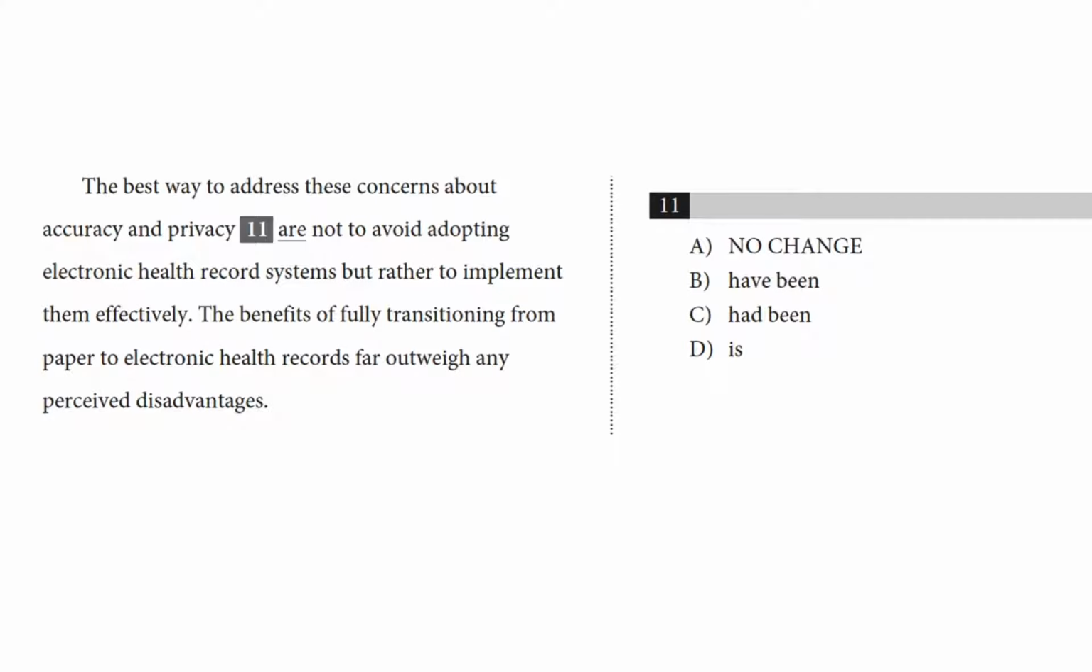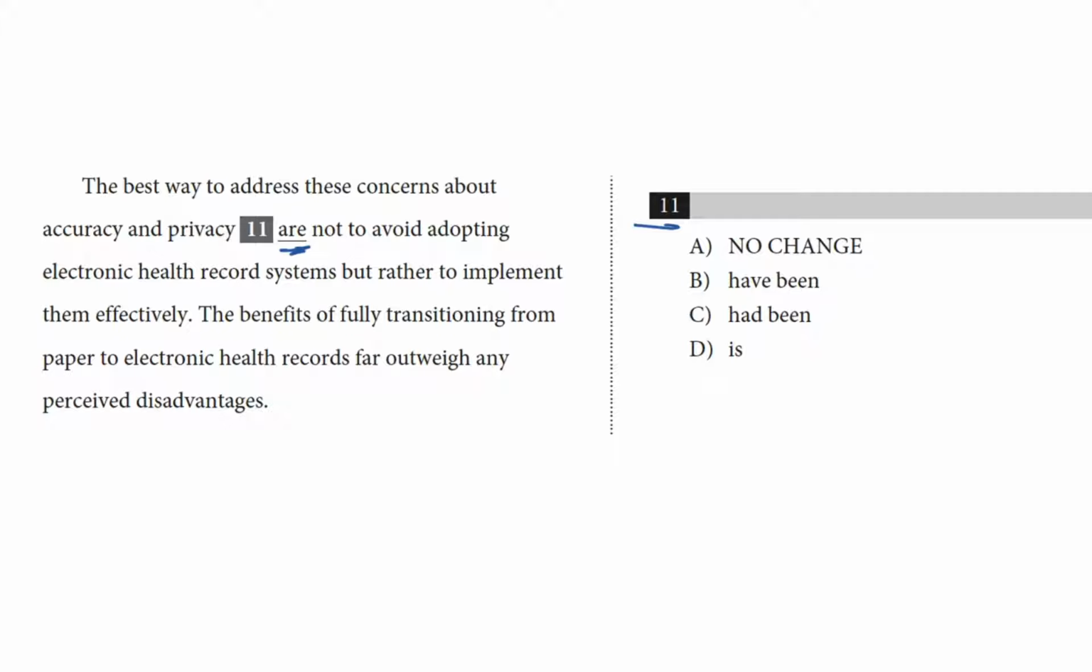We're taking a look at question 11 here, which is from a passage about electronic medical records. The best way to address these concerns about accuracy and privacy are not to avoid adopting electronic health record systems, but rather to implement them effectively. The benefits of fully transitioning from paper to electronic health records far outweigh any perceived disadvantages. Okay, so our choices are this underlined thing, which is the no change option,